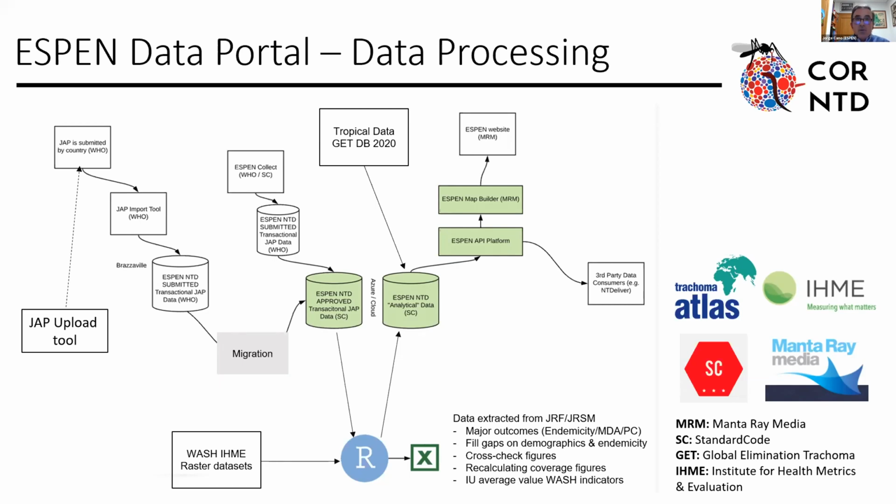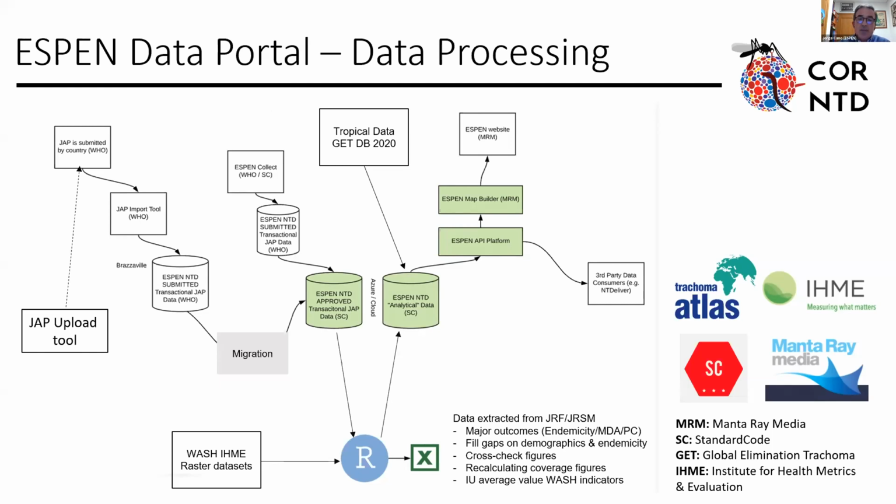Afterwards, through a suite of APIs, API stands for Application Programming Interface, we are querying these analytical tables and feeding the many features and resources that we have under the ESPEN Data Portal. With this API, we are connecting with the ESPEN Map Builder that has been developed by another partner, Manta Ray Media, which allows us to automatically generate the maps that you can see now in the ESPEN Data Portal. As I'm going to explain now, this API platform is really crucial